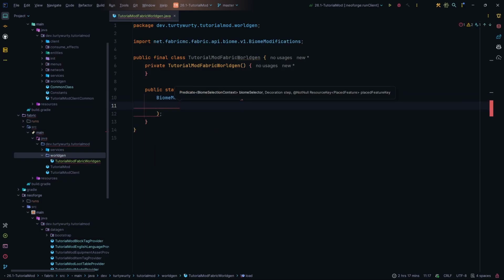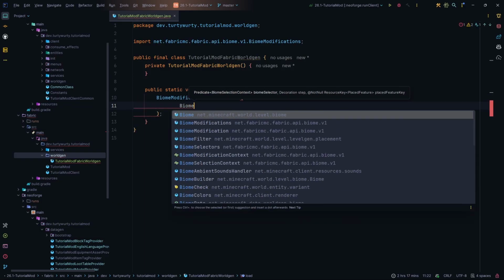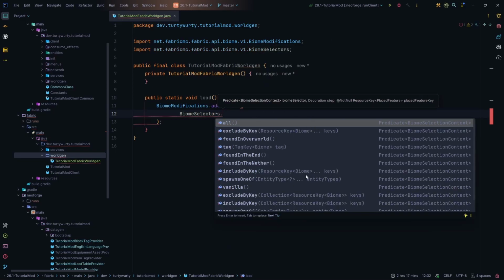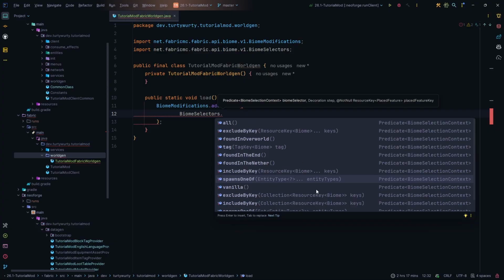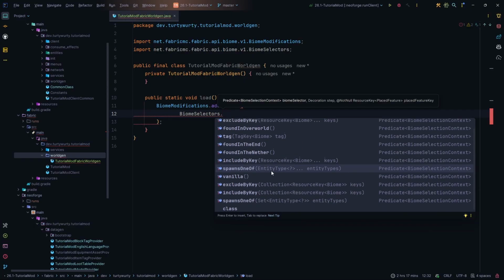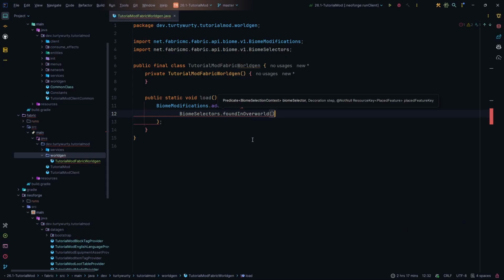We're going to first of all choose the biome selector, so we're going to say biome selectors, and here you can choose to select how you select your specific biome. So for our overworld ore, we obviously are going to choose found in overworld, but once again the same with NeoForge, you can also choose the specific tag that you want to do. You can exclude specific ones, you can say ones that spawn specific entities as well. So you see here Fabric is a lot more powerful and it gives you a lot more access to different things. However, generally you're not actually going to be using any of those, so we're just going to choose found